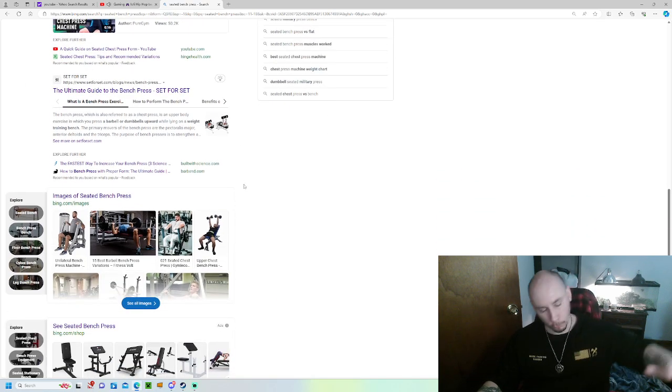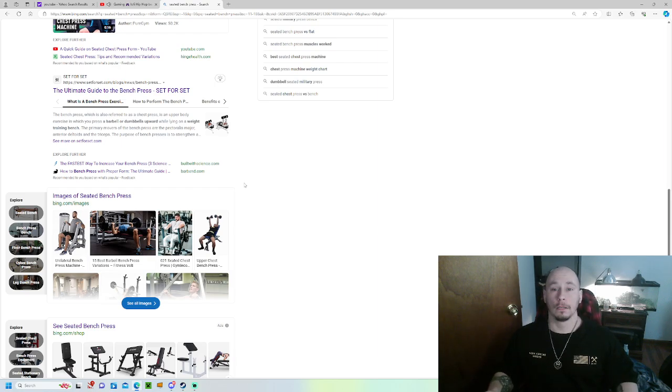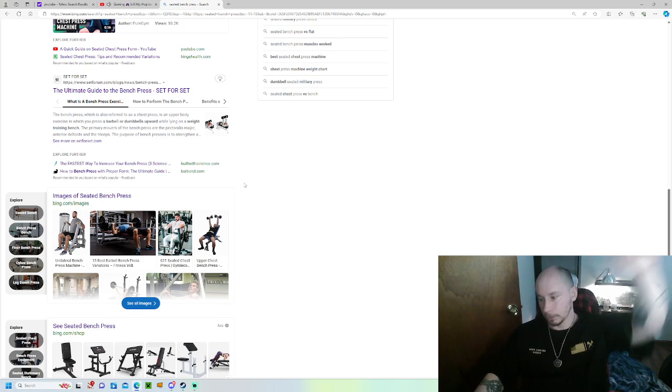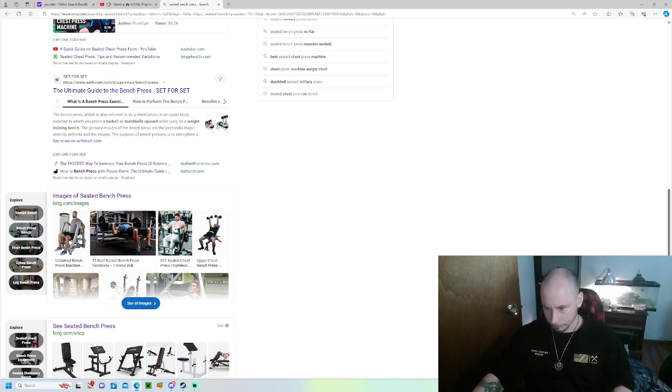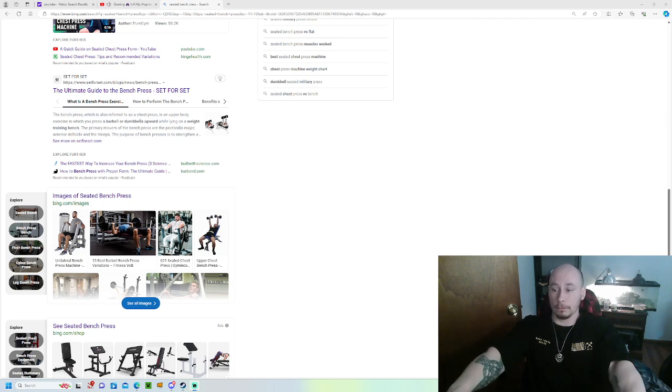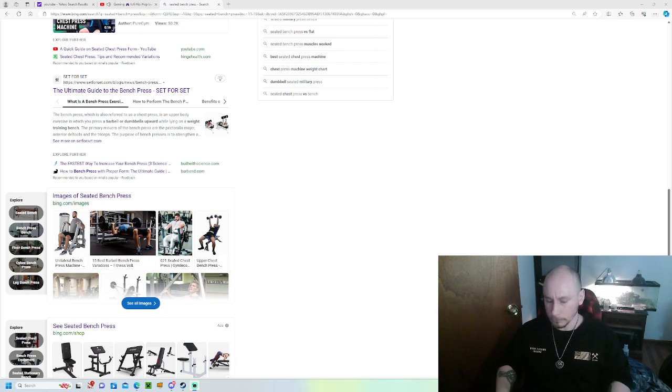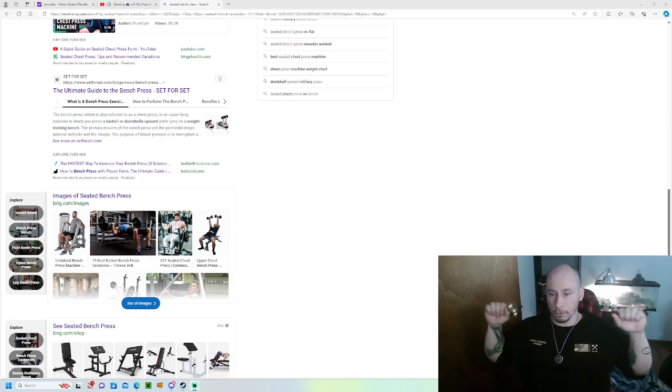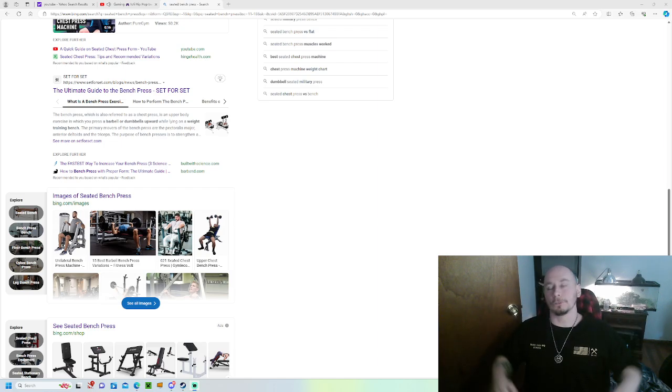Where you have a row of weights, you pick the weight, you pin it in there, and instead of starting from the top position, you start at the bottom part. Same thing as, say you're doing a press on a machine. You start here and you press out instead of starting here and then coming back in. Same thing with shoulder press. You start at the bottom. I mean, for dumbbells, you start at the bottom too, but